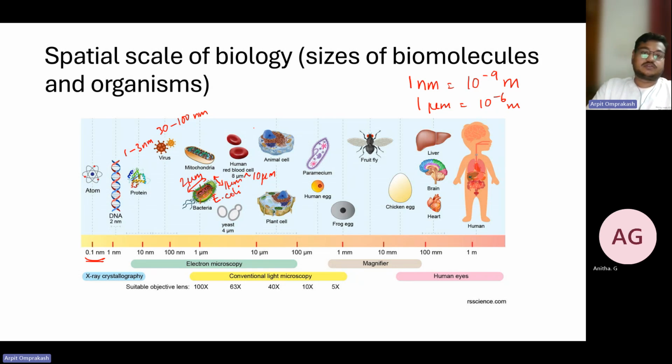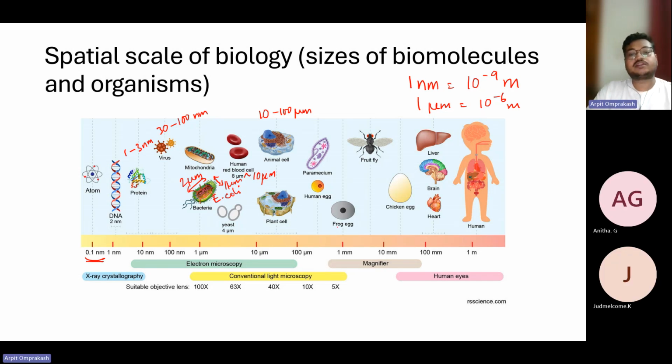Then we have cells, which range from 10 to 100 micrometers, like animal cells and plant cells, not like bacteria. So plant cells generally are larger than animal cells, but animal cells also can have a very diverse range of sizes. Then we have things like paramecium and other single-celled